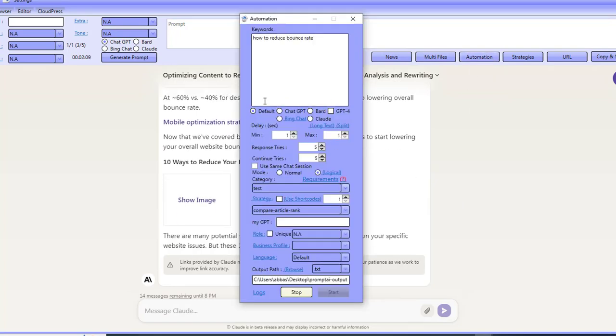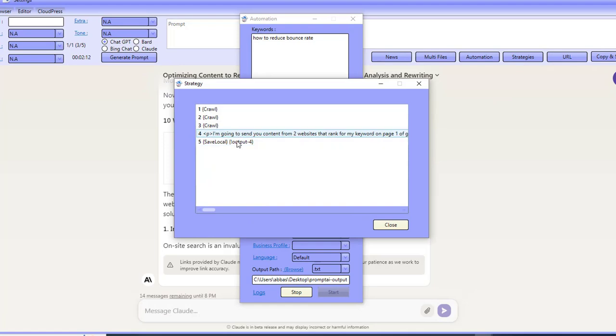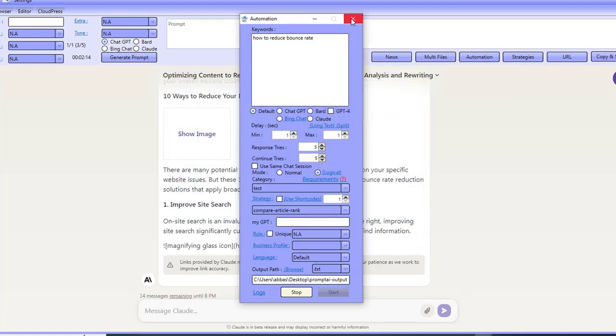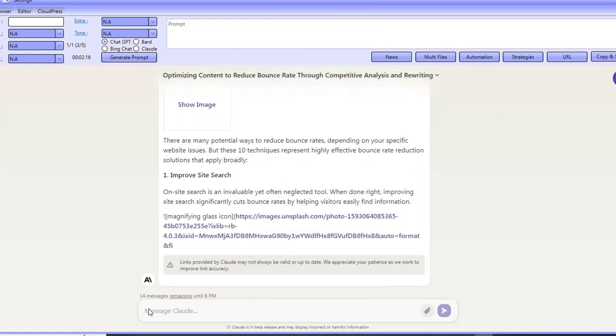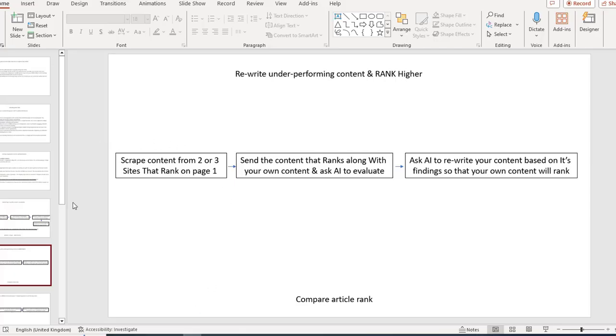In fact, what has it got to do now? Let's have a look. That's it, it's going to complete this and it's going to save it over. So what we can do is we can actually let this complete. We'll come back and look at this in a moment. Let's go back over to here and let's have a look at the next strategy that I want to share